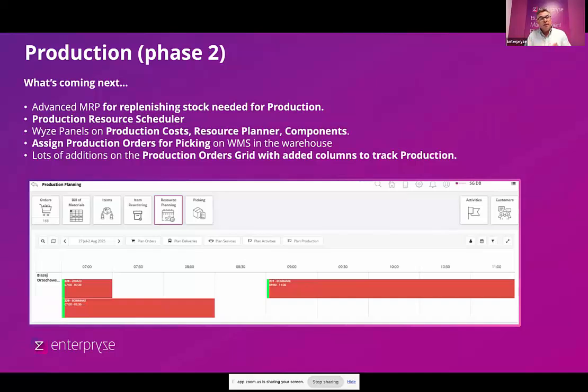We have the resource planning. As you know, we have the resource screens already for service calls, for orders and deliveries and activities. And now we're adding production in there as well. And we've updated the UI so that you can make those rows smaller so that you can get more users into those different rows. But the concept here is you can start to plan production orders for particular users